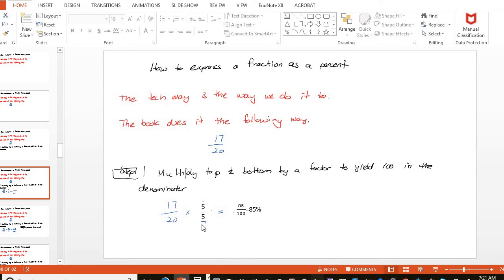So I found my mistake here when I was looking at my slides, and I found that to make this 100, I actually need to multiply by 5, not 4. So 20 times 5 is 100, but I have to do this to top and bottom. So 17